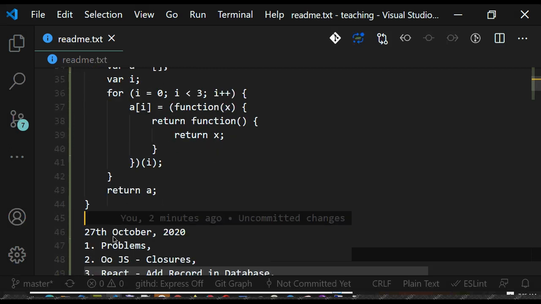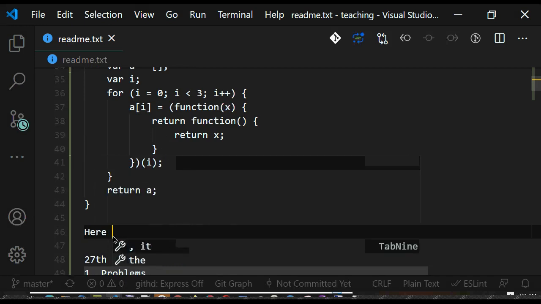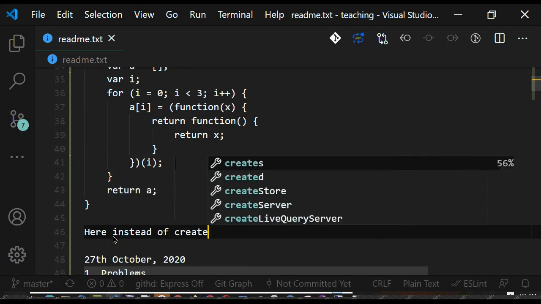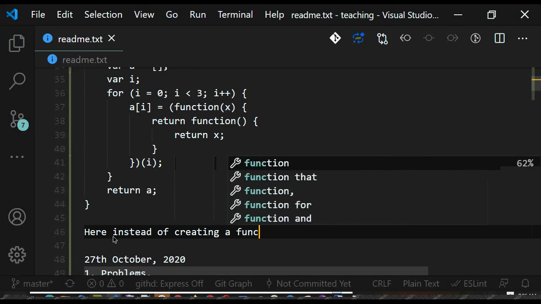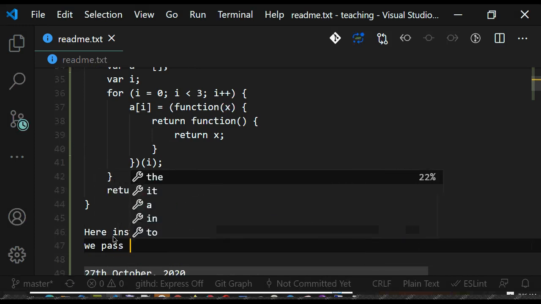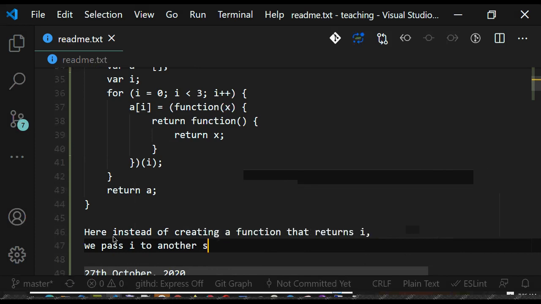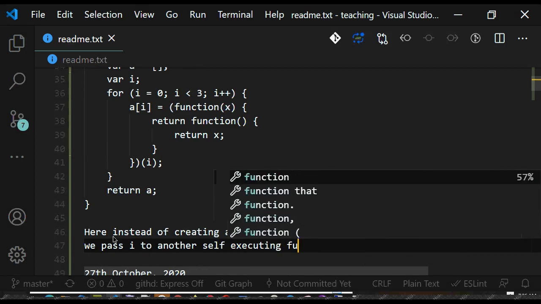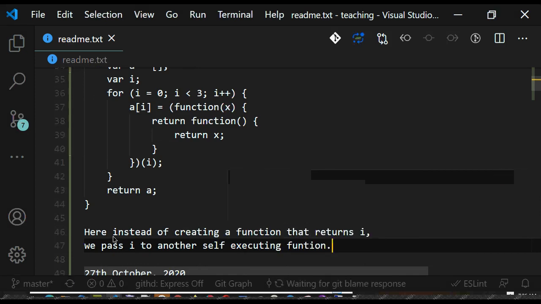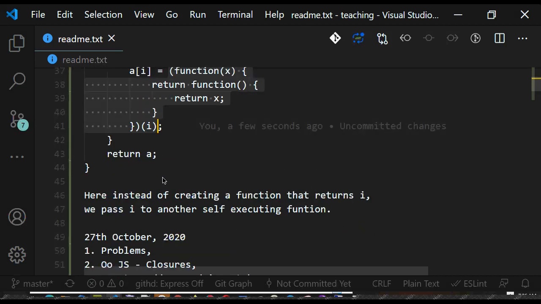So what I am doing here, instead of creating a function that returns I, we pass I to another self-executing function. So we pass I to the self-executing function,